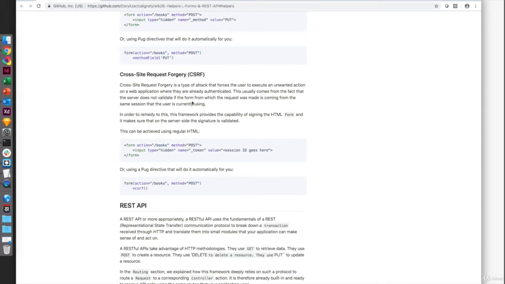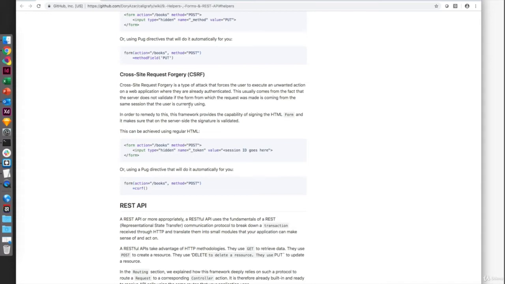Because hackers can always find a way to fake certain forms and make them act as if it's the service calling them, and they could hack the system. So in order to avoid this from happening, and to avoid certain attacks forcing certain actions to take place on the server,